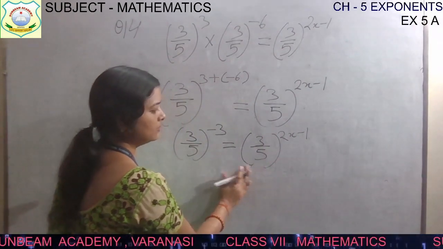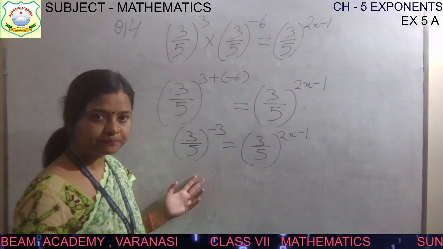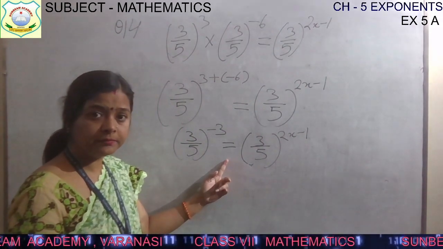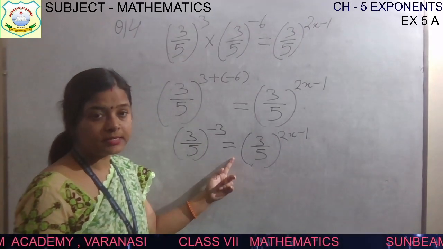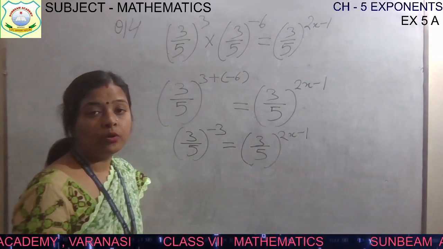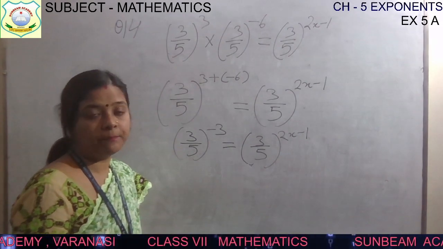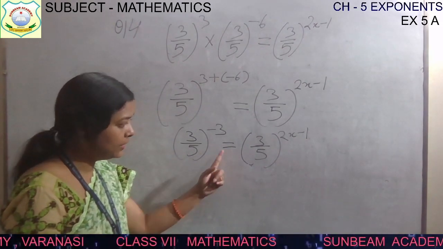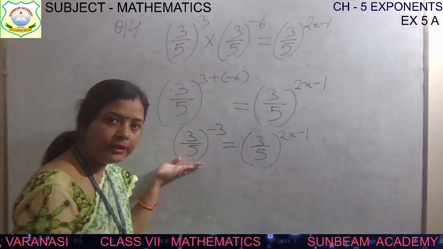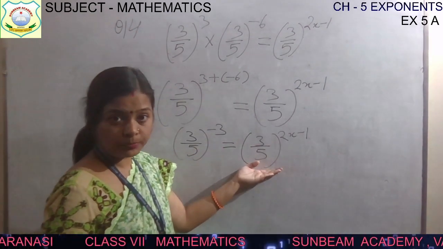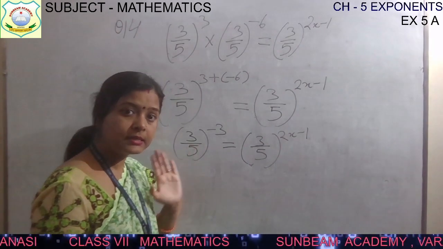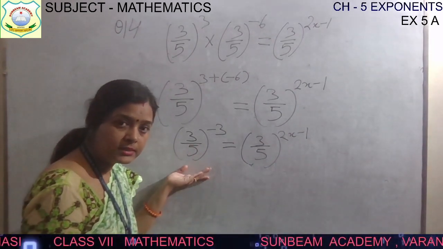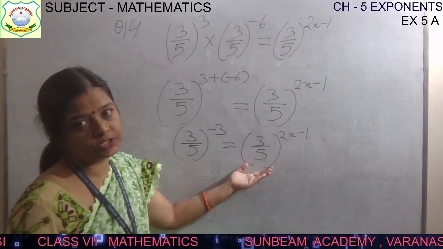Same rational number on both sides. There is an equality sign. We have to find the value of x which is in power. हमें power में जो value है वो निकालनी है. Now can you see, the equal to sign is there, means whatever value is here, the same value should be there. Equal to sign means the same. जो भी value LHS में है, that should be equal to RHS.